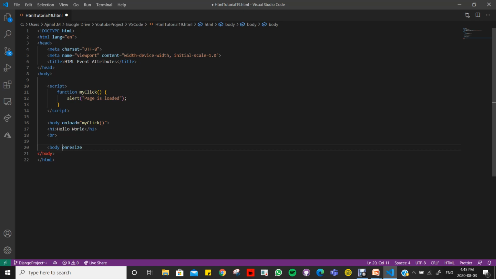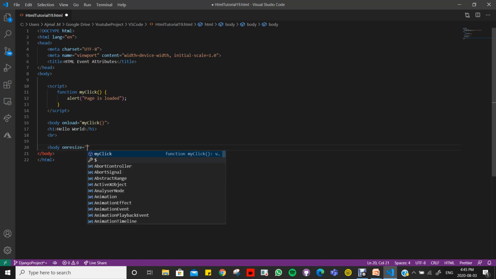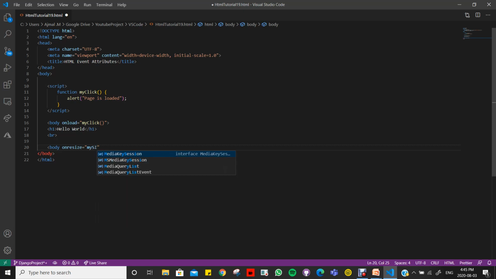Onresize equals my size, and my size would be the function that we're about to write. So resize my size, and we're gonna close this statement,